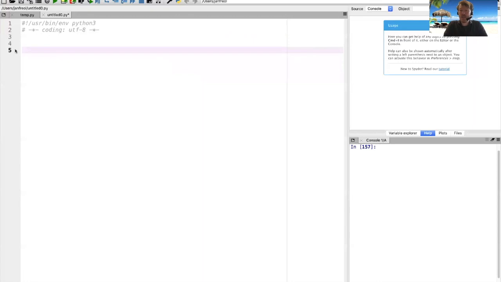So we're now going to visualize a sequence, and the sequence we're going to visualize is the following. We're going to make a plot of 1 divided by 2 to the n, where n goes from 0 to 9. To do this, we need to use an external package, and this external package comes with all Python installations. So all we need to know is its name, and it's called